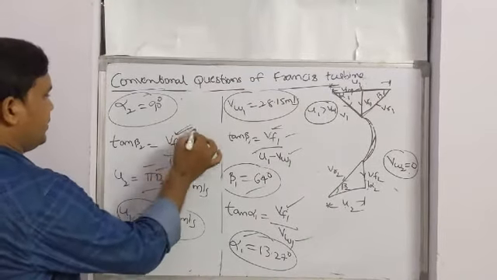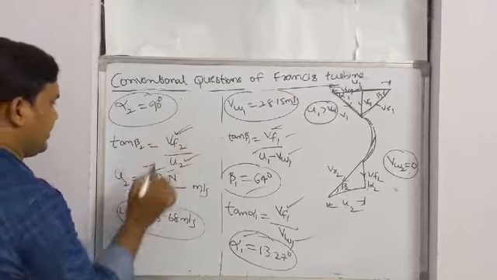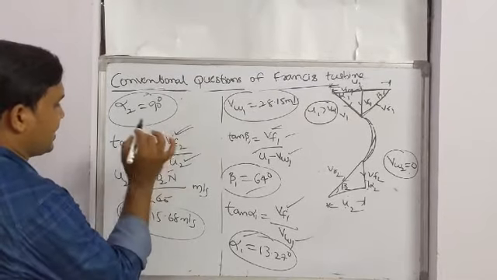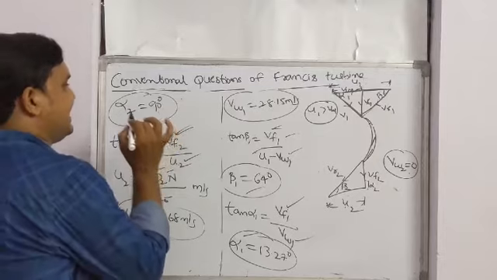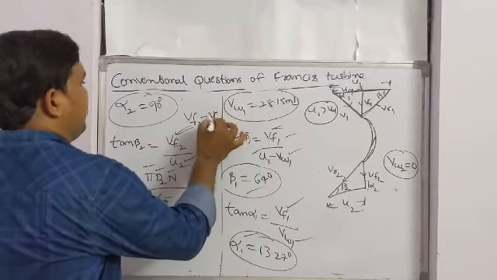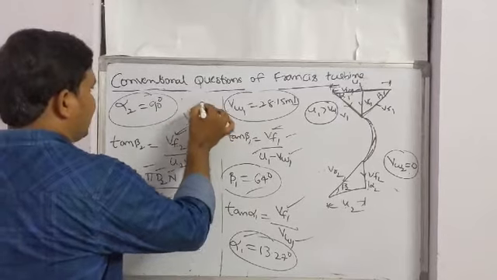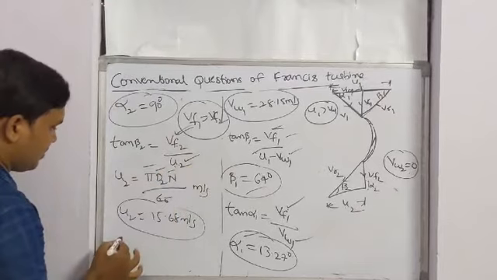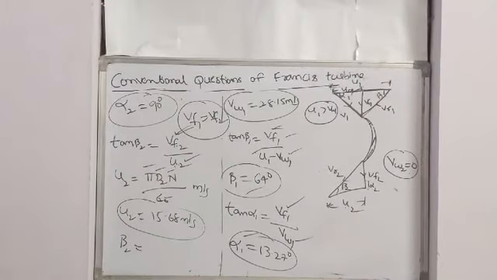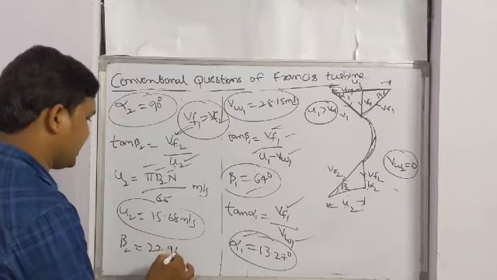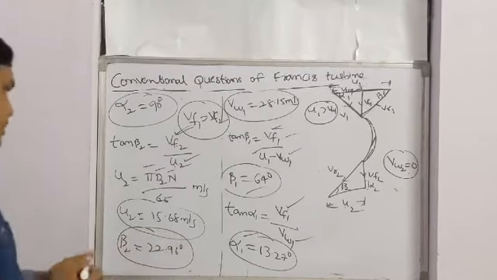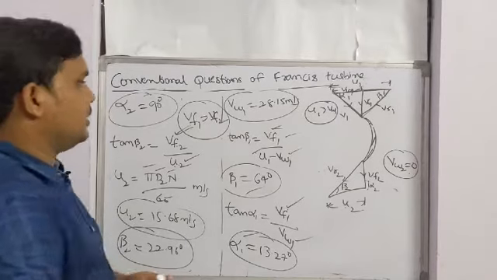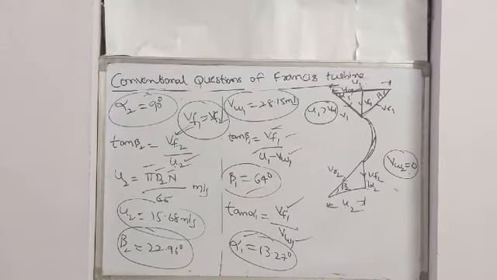Then Vf2 you know, U2 you know. Vf2 is the same as Vf1, because in the problem it is given that flow velocity at inlet is the same as flow velocity at outlet, meaning the flow velocity is constant everywhere. Then substituting Vf2 and U2, beta 2 we got as 22.96 degrees. So this is the second problem. Okay, we will go for the next problem, the third problem.